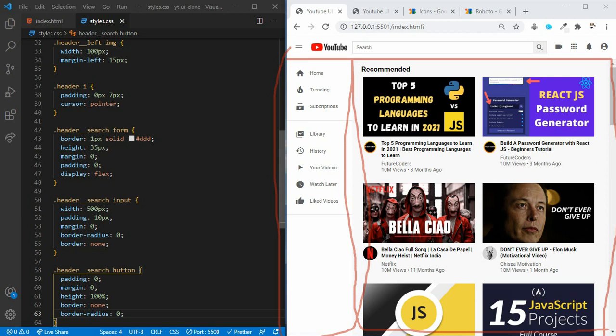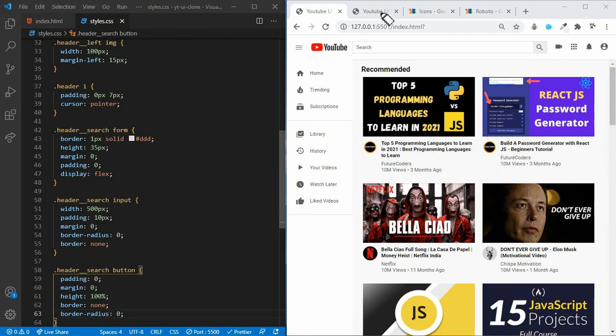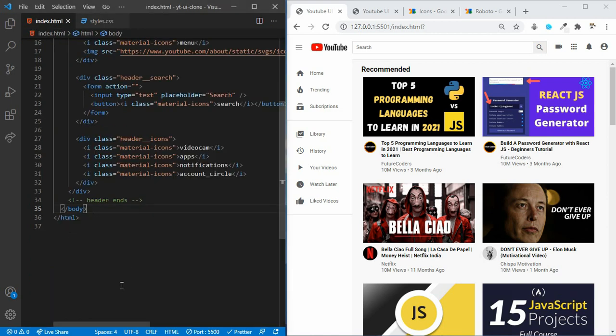Okay, now let's start by making a main body section. Let's head over to index.html. Now let's add some comments over here saying main body starts.